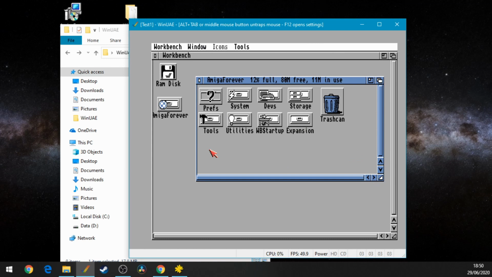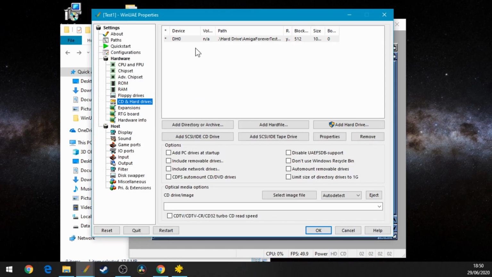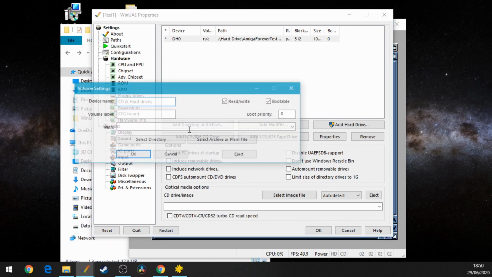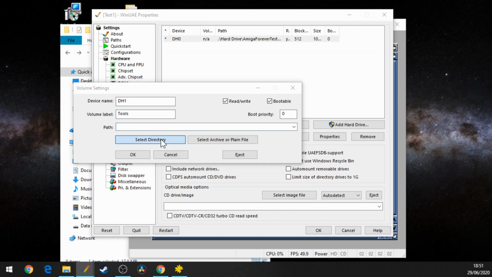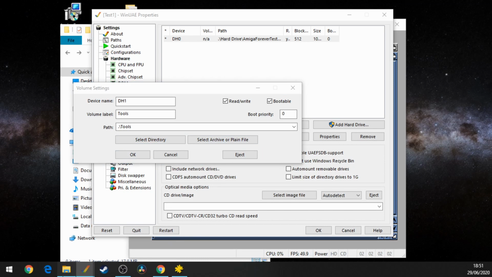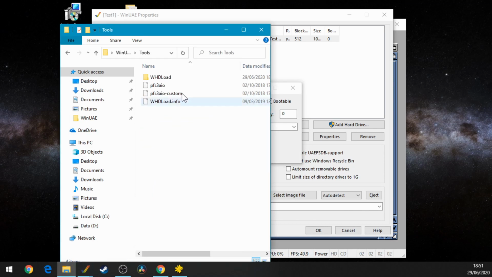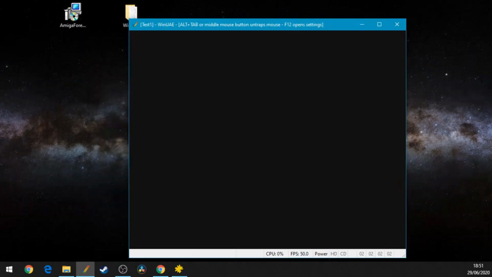Right, so I want to install WHDLoad next. So what we're going to do is we're going to add another hard drive. We're going to add a directory, and I think I'm going to call this HD1 volume. It's called tools, and the path that we're going to select is WinUAE, then tools, which I showed you earlier. It was this folder here that's got this stuff in here. Okay, so tools, gives the machine a reboot,